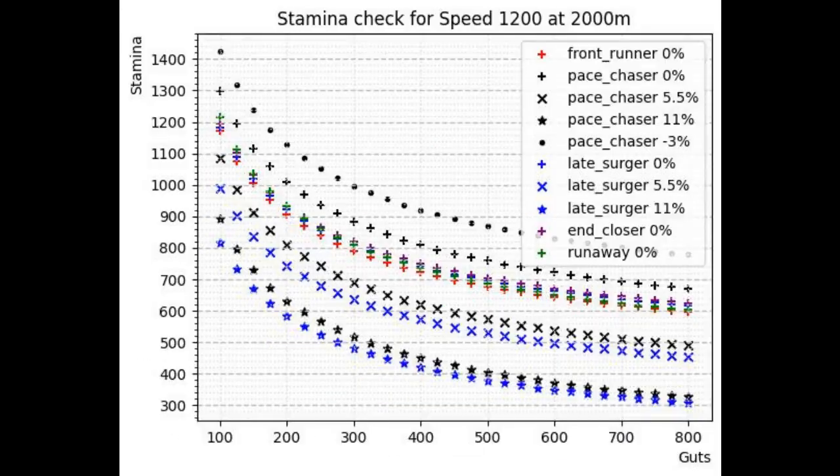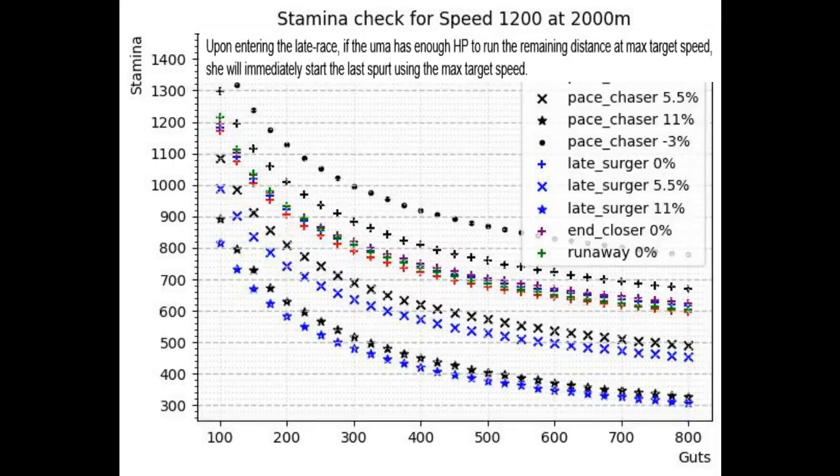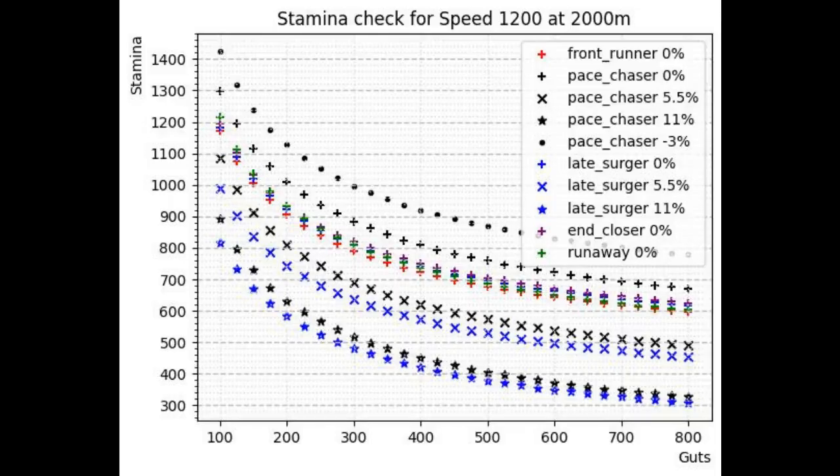It's by meeting the stamina check. Your horse knows she can do it, so she doesn't need to think. More stamina means more HP. HP is used throughout the race, but is used faster in the late race, depending on how much guts your